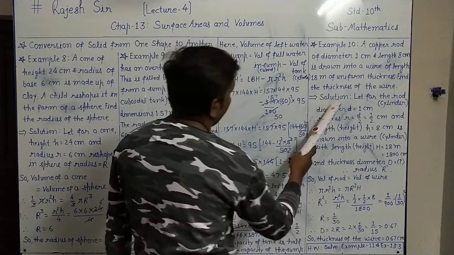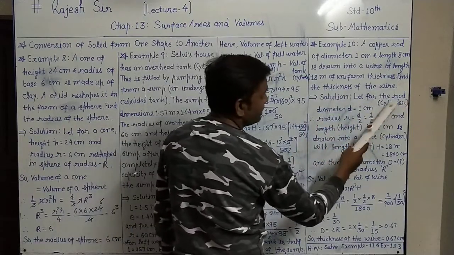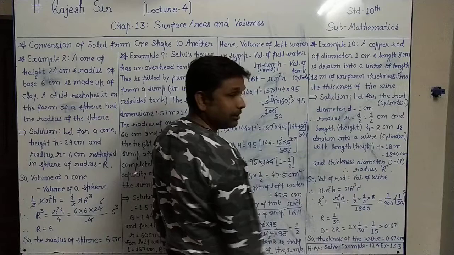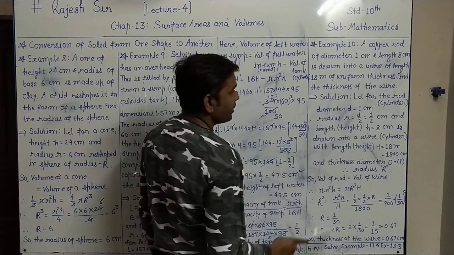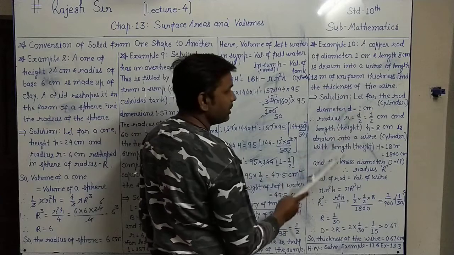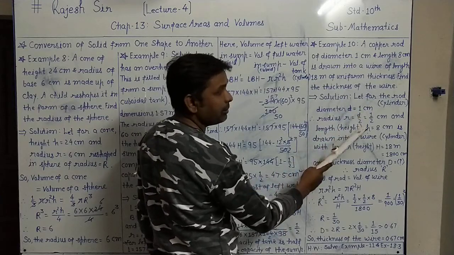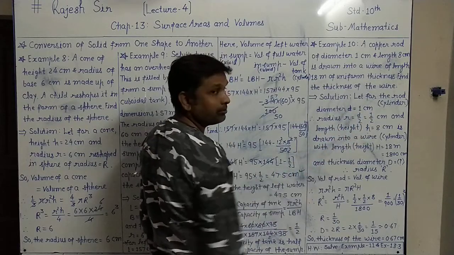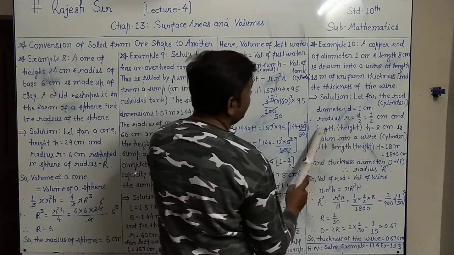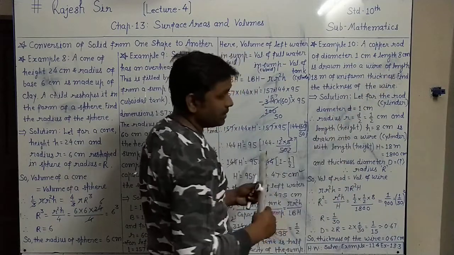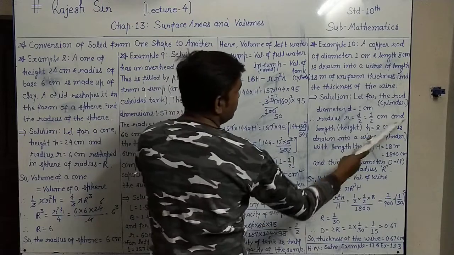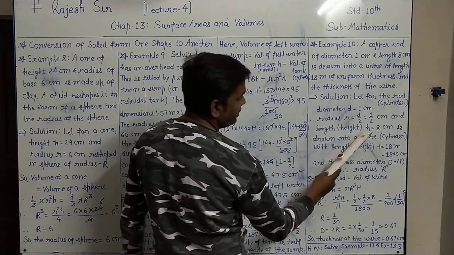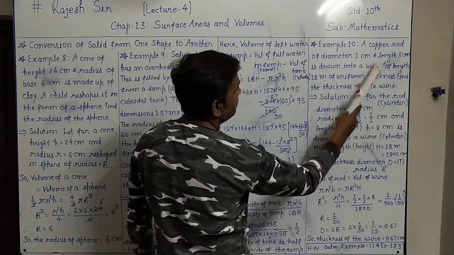So the solution is that for the rod, that is the copper rod, it is cylindrical and its diameter d equals 1 centimeter, given. If diameter d equals 1 centimeter, therefore radius will be half of the diameter, d by 2, which is 1 by 2 centimeter. And the rod's length we can consider as the height of the cylinder, small h equals 8 centimeter.